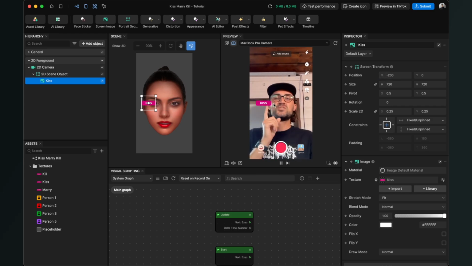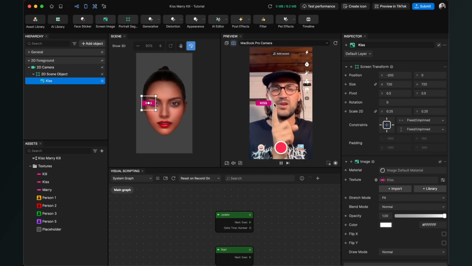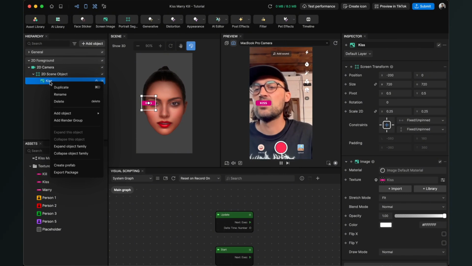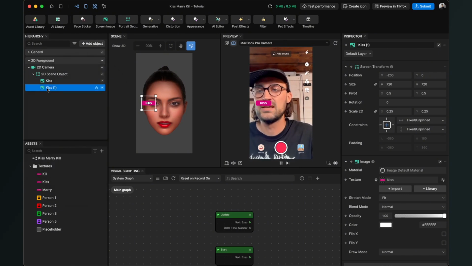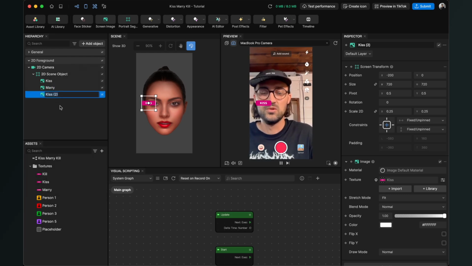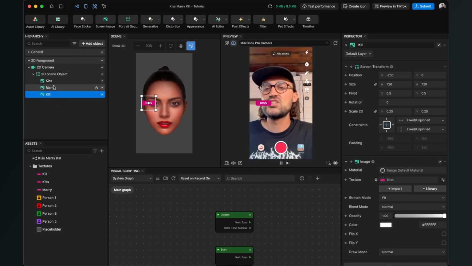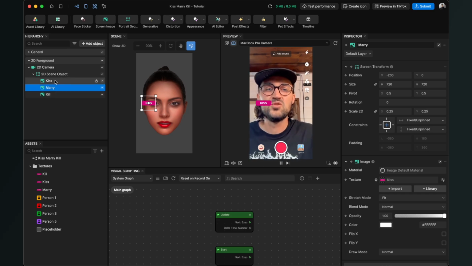And now we can just duplicate this and do the same for kill and marry. For marry and kill, it doesn't matter in which order you have those. So go to the left hand side, right click on this kiss layer and then just duplicate it twice. So we have kiss, the next thing will be marry and the third thing will be kill. So now they are all at the same position. So let's change this. So marry will go back to position 0 on the x-axis. And kill will be on